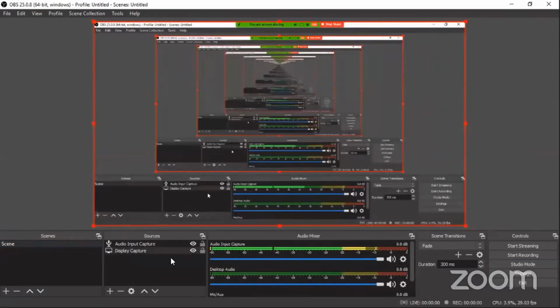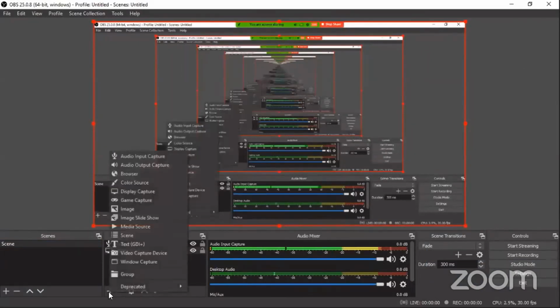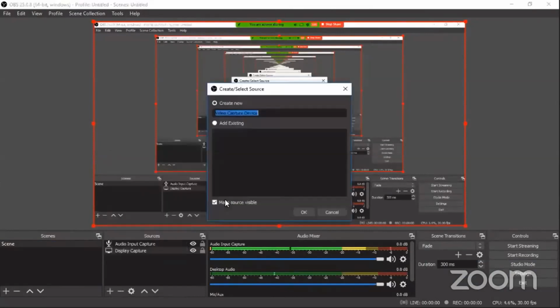So now let us say I want to include the presenter, the one who is speaking during the talk. So now you can click on plus and then go to video capture device, as you can see. So video capture device, click on that. So basically, when you click on that, the webcam or any other source of video capturing that's happening for the presenter, it will take that. So say okay. When you click on OK, it will show you the video of the presenter.